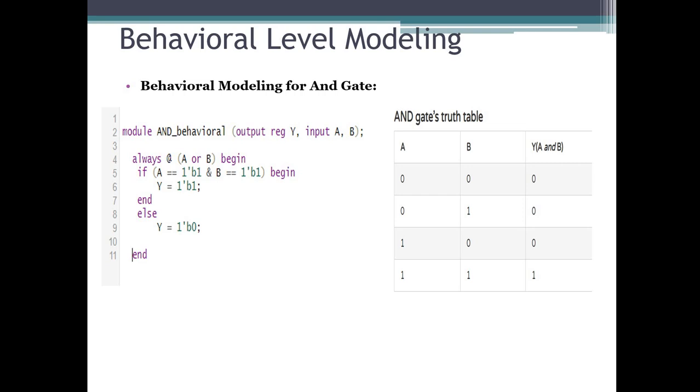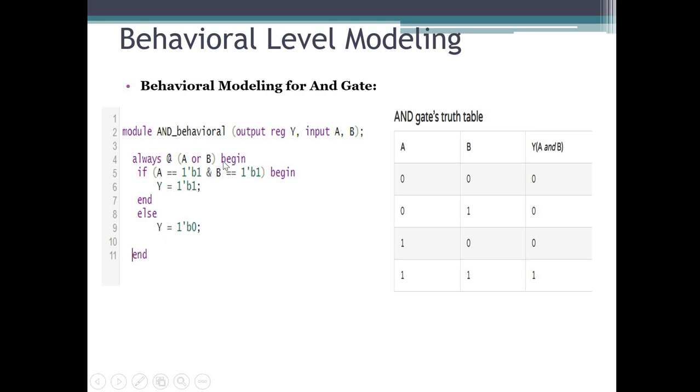If you want some idea about what always does, I have explained it in my previous video, and I suggest you go and watch. I have also explained the behavioral model there, so you will get a bit more idea about what behavioral level modeling does. Whatever inputs there are, I am keeping them in the sensitivity list. This parenthesis is known as a sensitivity list. Always is a keyword for writing behavioral code, and the at the rate symbol detects the changes. If there are any changes, then this block will get executed.